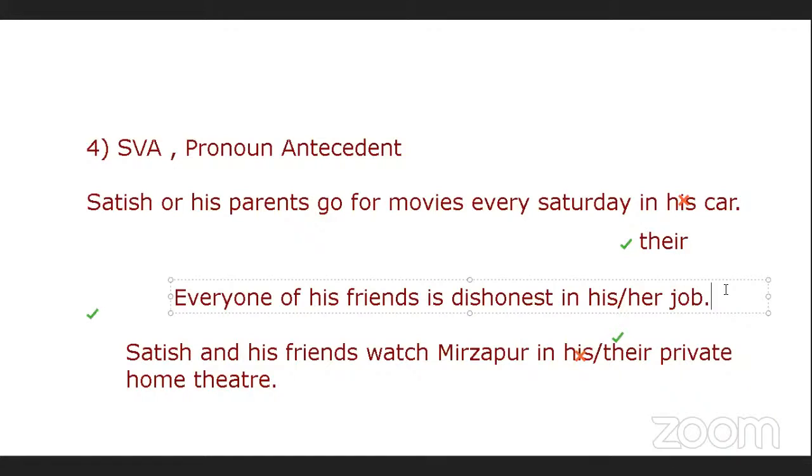Guys, go back to the previous thing that we did. ठीक है, इसके पहले जो किया था ना हम लोगों ने, सतीश और उसके फ्रेंड्स, सेम लॉजिक डालो, लॉजिक को चेंज मत करो, इट्स द सेम थिंग, प्रोनाउन एंटीसीडेंट रूल है ये। कम ऑन वंस अगेन, जिसने भी देयर बोला है, यस यस, यू आर राइट, इसमें कोई एरर नहीं है।